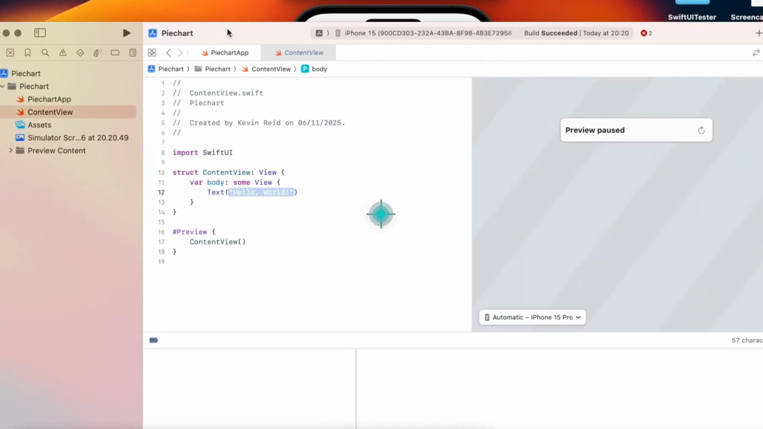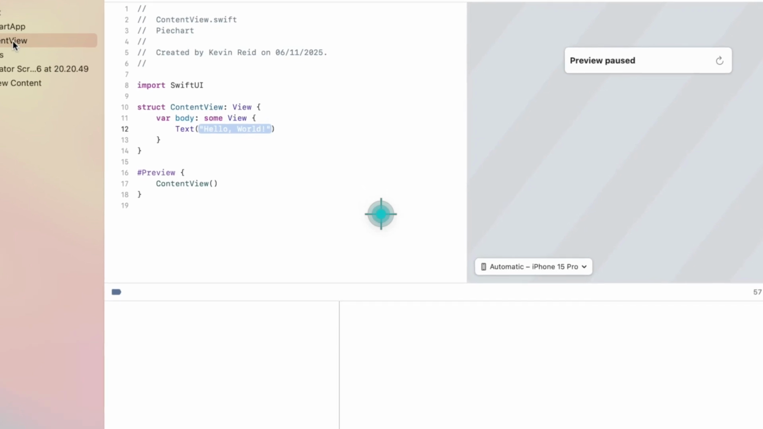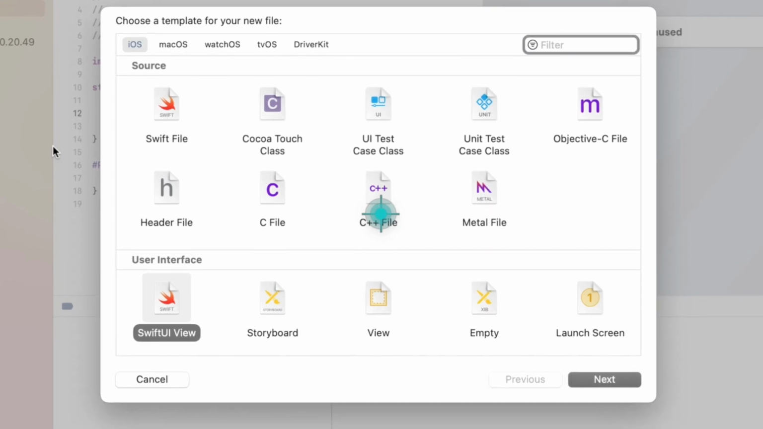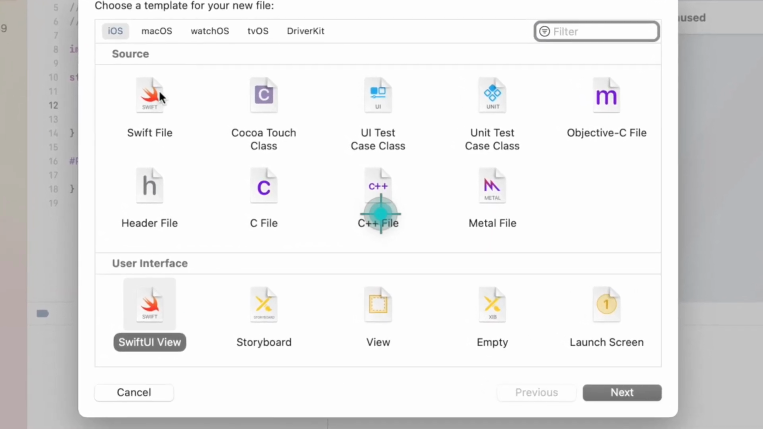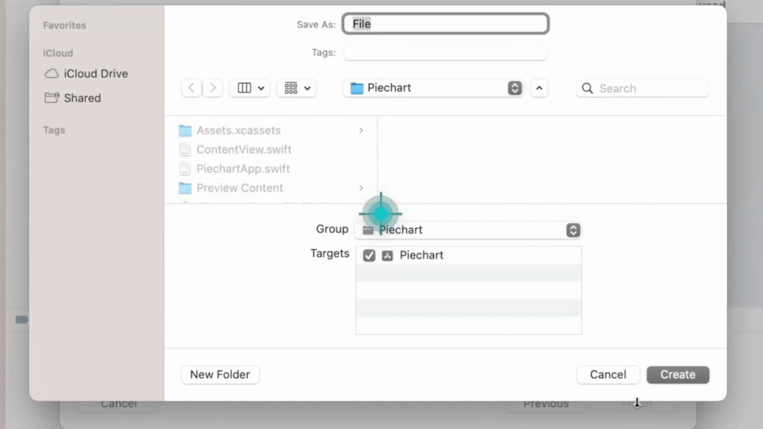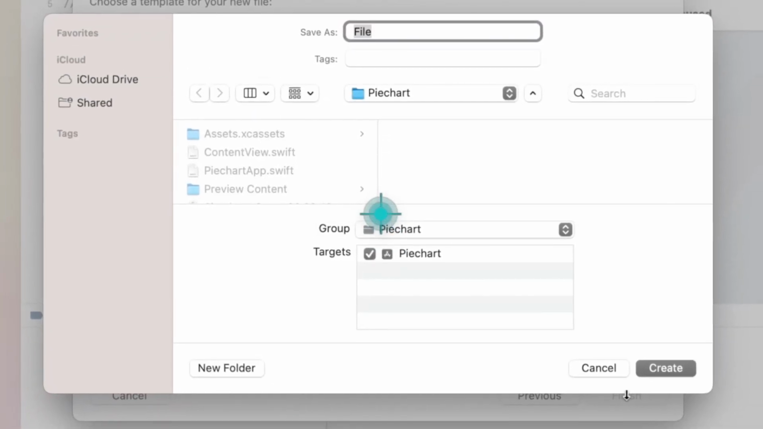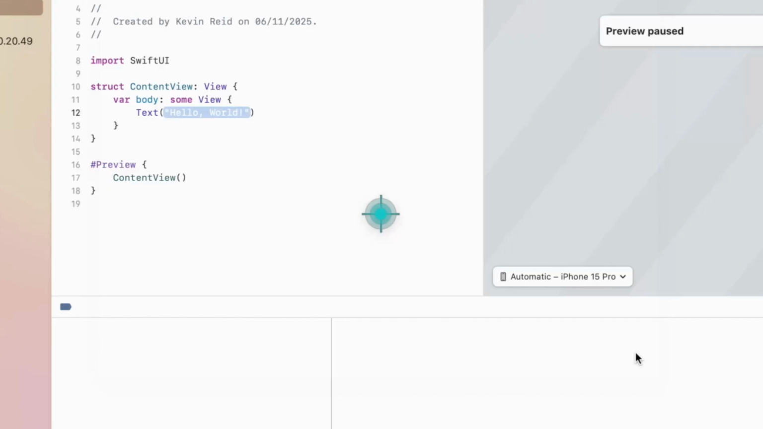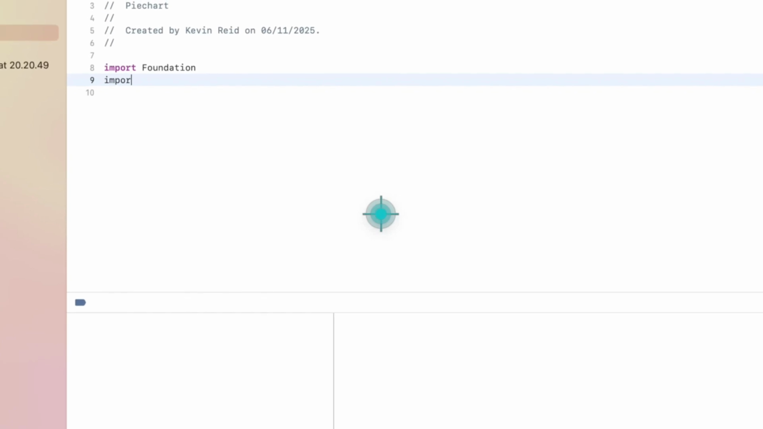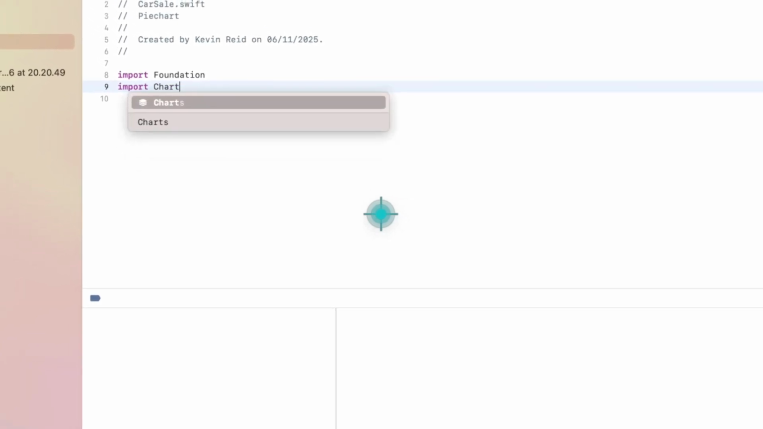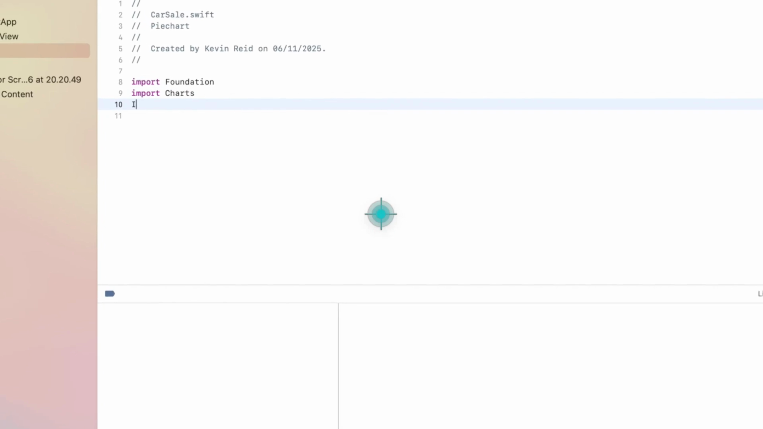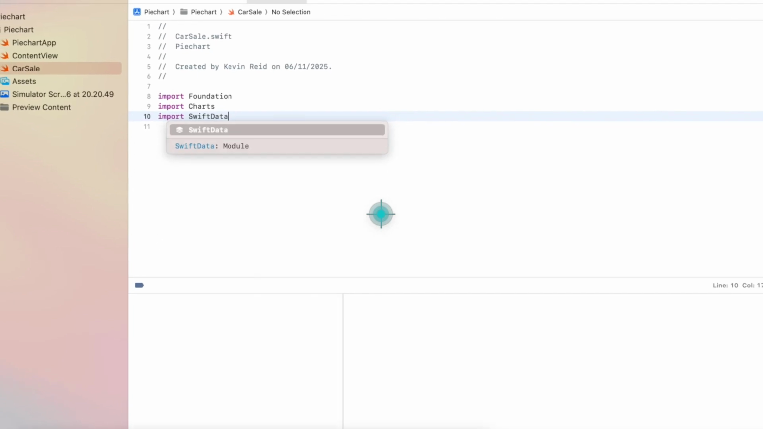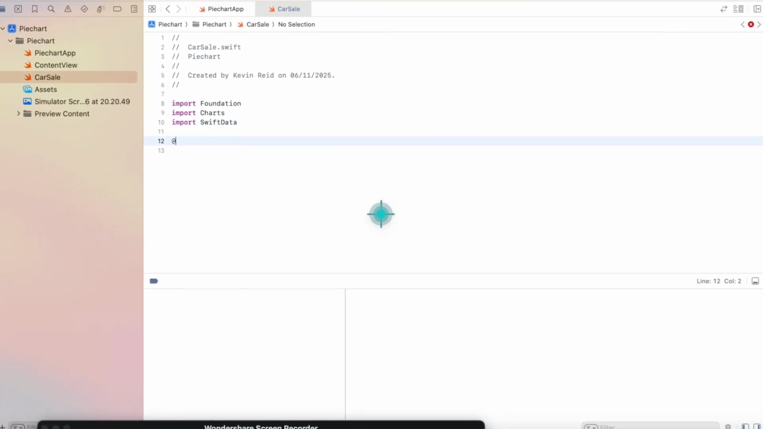The first thing we need to do is create a new Swift file. The purpose of this file will be to enable the application to store and retrieve the data from SwiftData. Name the file CarSale, and then import the following, Charts, as we're using Swift Charts. Import SwiftData. Then type the following: @Model